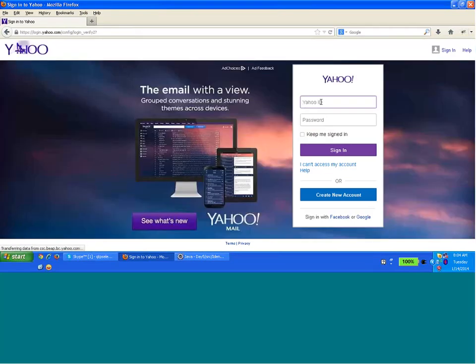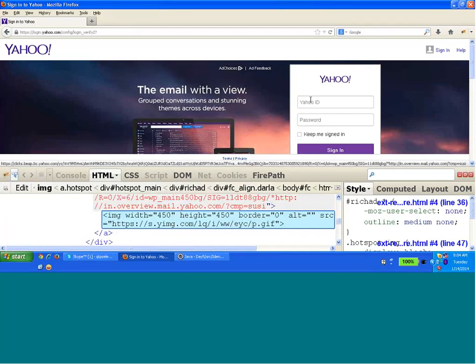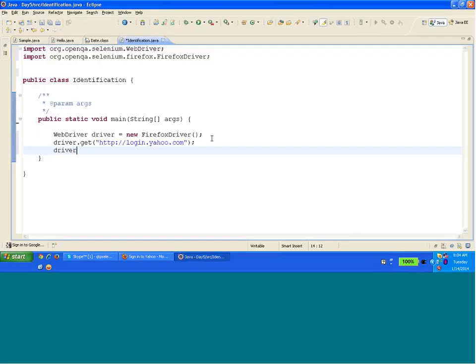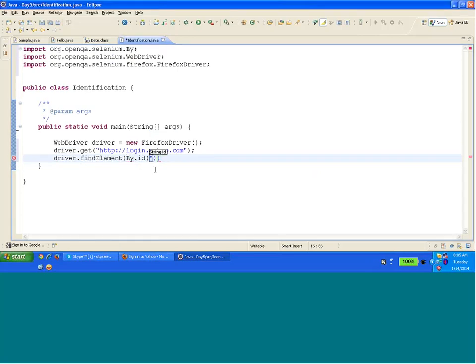If you investigate this username field with the help of Firebug, then you see that this username field has got an ID. The ID of this field is username. So what I can do is write over here driver dot find element by. There are so many identification mechanisms, out of which the ID is the simplest one. If an object has got an ID, you can simply give the ID of the object and find the object on the page. And driver.find element will return you the reference of